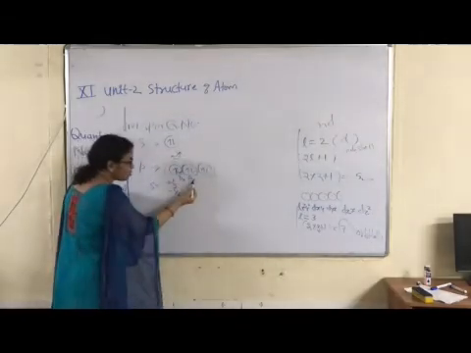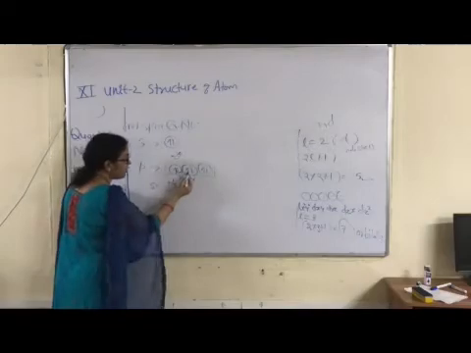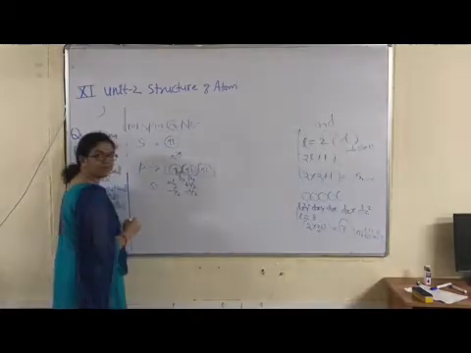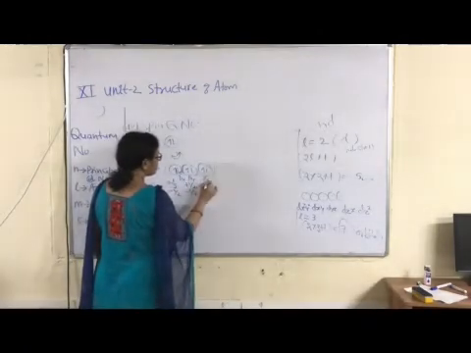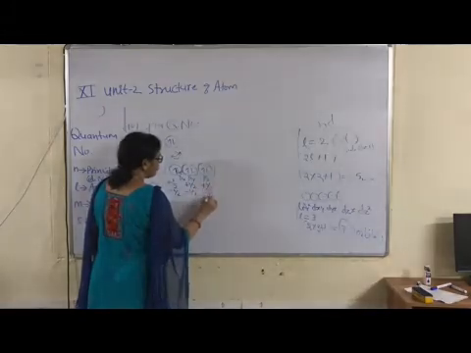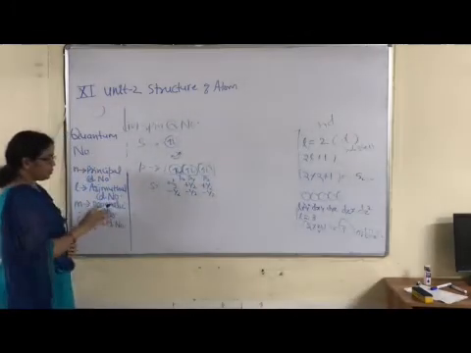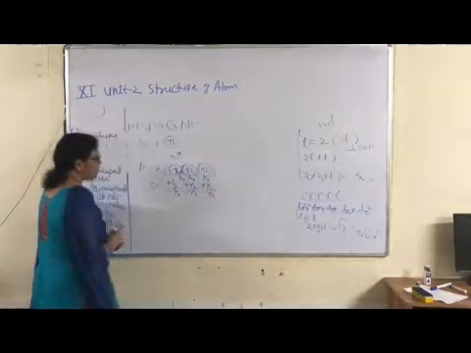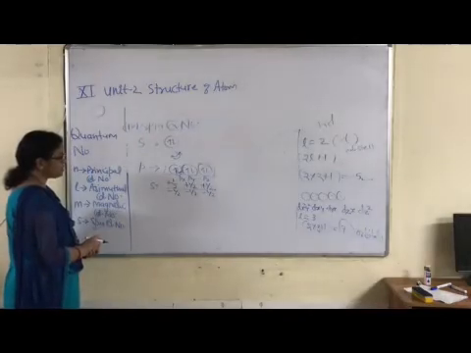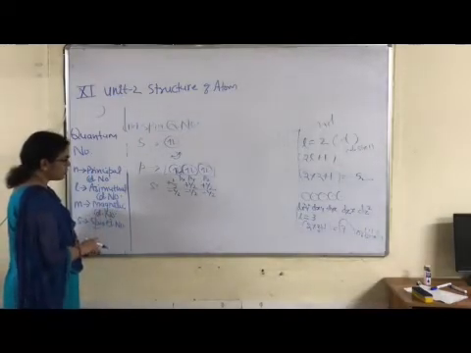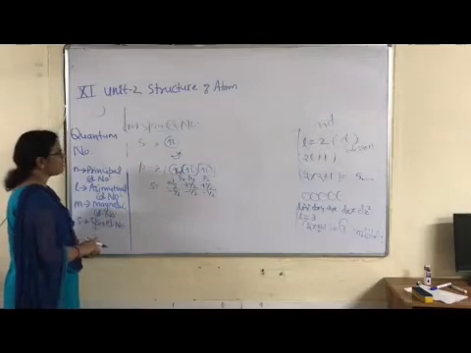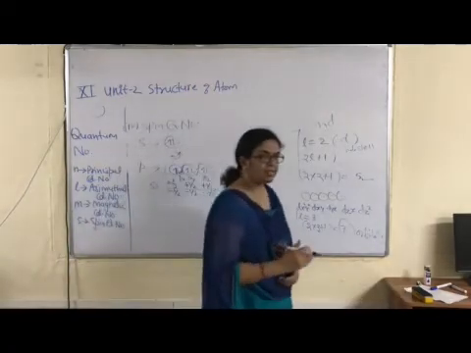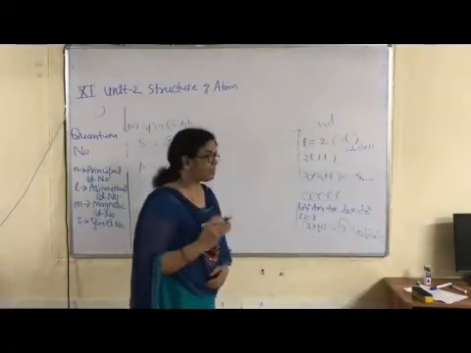Subshell is same but orbital number is second. How many electrons? Same number of electrons. First possible value is plus half and second is minus half. Okay children? Pz again same values, plus half, minus half. Right? The total spinning is 6 times. It means 3 electrons spin in clockwise direction and remaining 3 electrons in anti-clockwise direction. So this is the advantage, this is the significance of spin quantum number. We can predict magnetic property of any substance.